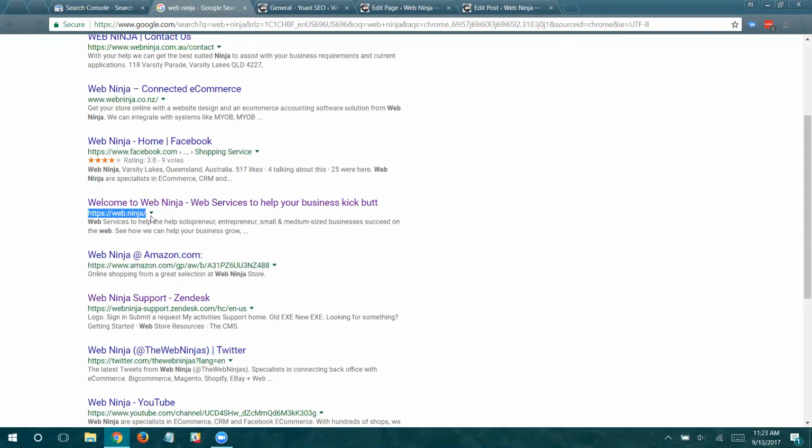In this case, you've got the URL and you've got the description. This website, for instance, on Facebook, they have ratings. So sometimes the ratings will show up, and that can be really, really good for your business because people do go by ratings a lot these days. But first, what I wanted you to see is this is what a good search result looks like.